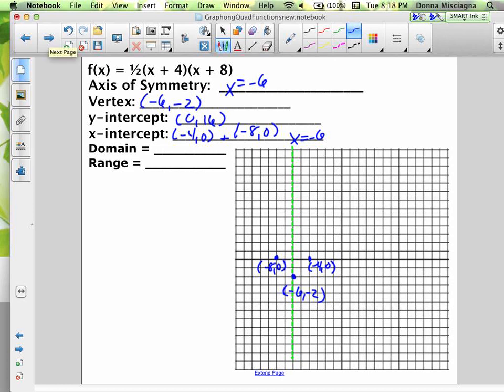Well, I guess I could have changed the scale. Let's see if we can just count: 1, 2, 3, 4, 5, 6, 7, 8, 9, 10, 11, 12, 13. Oh, we're so close. 14, 15, 16. Sorry. We'll just do that on this one because we already finished graphing it. So we're 6 over, 1, 2, 3, 4, 5, 6 in this direction, and 1 through 16 up. So in an emergency case, sometimes you might just want to,